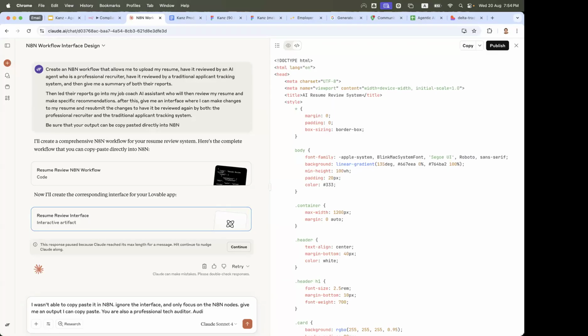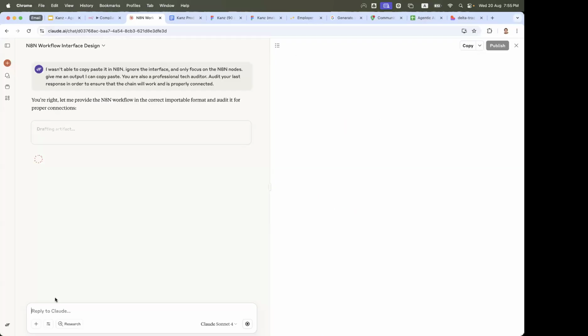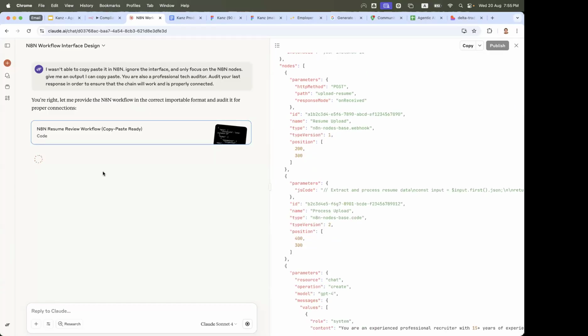Audit your own response, your last response, in order to ensure that the chain will work and is properly connected. Let me provide the N8N workflow in the correct importable format and audit it for you for proper connections.